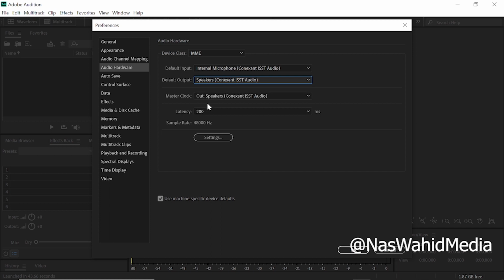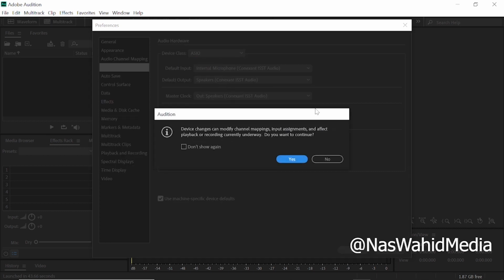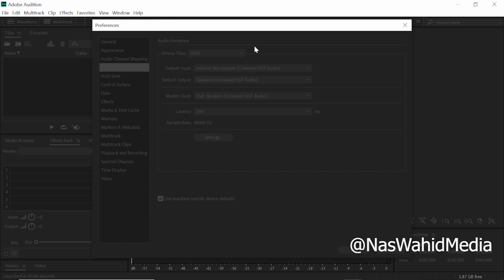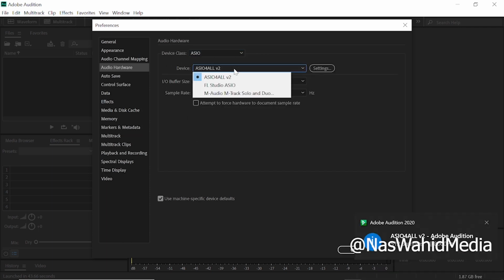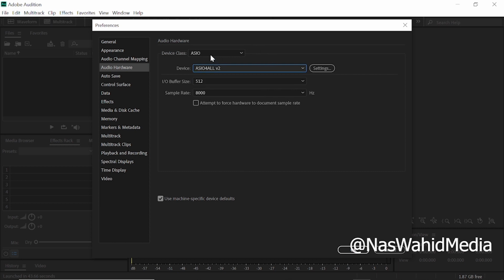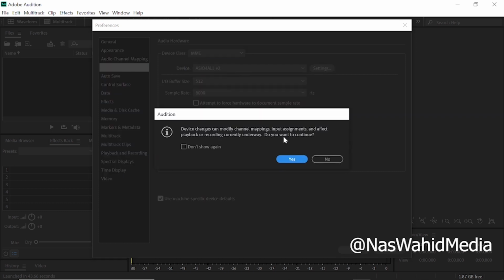and then you can choose the one written Speakers. In case you have connected external devices, you can go ahead here and click Audio. Then from the list of audio, you are given options of devices which are connected to your computer. For me, you can see M-Audio. If you are using M-Audio, you can use it. If you're using FL Studio, you can choose it. Basically, for me now, since I'm using a laptop and perhaps you may be using a laptop, what you're going to do is to select MME, and